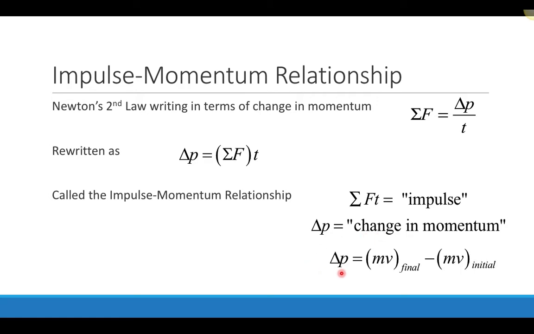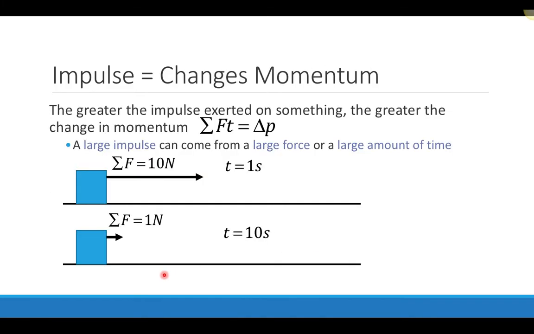And just again as a reminder, change in momentum is just the final momentum minus the initial momentum. So we have an example here where I have two blocks that are essentially identical to one another. And the idea here is that the greater the impulse exerted on something, the greater the change in momentum is going to be. So here I have a large impulse because of the large force that's acting on it,